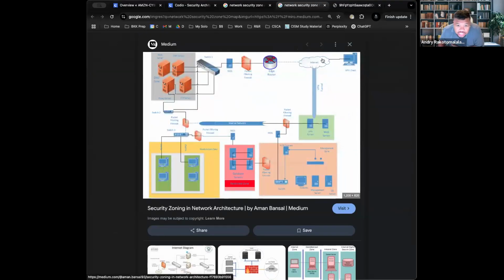So you have the same thing. You have the internet, then you have a VPN. There you have the demilitarized zone because it tends to be like your web server and then a VPN. And then you go into the intranet, whatnot, right? And then here you get access to a bunch of other features. Now, a NIDS, I'll tell you right now, that stands for Network Intrusion Detection System. So this is a security feature that says, hey, is someone trying to access our network? Well, now we need to know. As you'll notice, it tends to be in conjunction with a firewall.